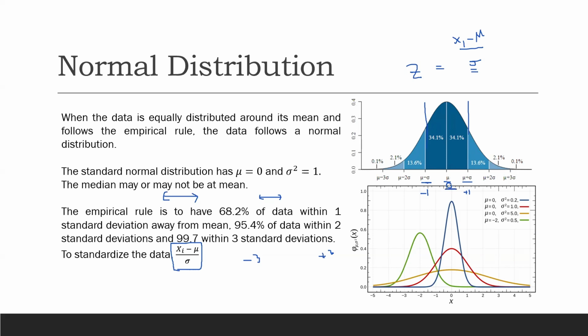What is my mean? As I said, my mean is at 0, and when I say 1 sigma, it is -1 sigma and +1 sigma, one standard deviation away. So when I move one standard deviation away, 68% of the data should be within that 1 sigma, or one standard deviation. And if you look at 2 standard deviations away, you should account for 95% of the data. And when you move to 3 standard deviations, you should account for 99% of the data.